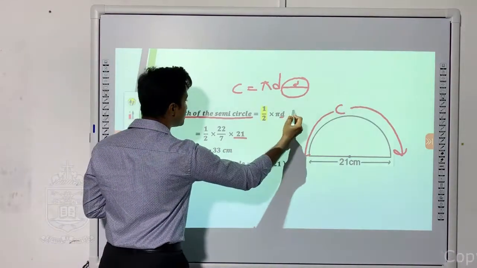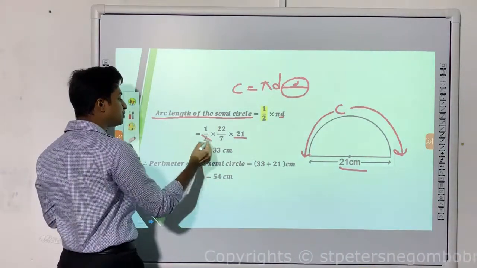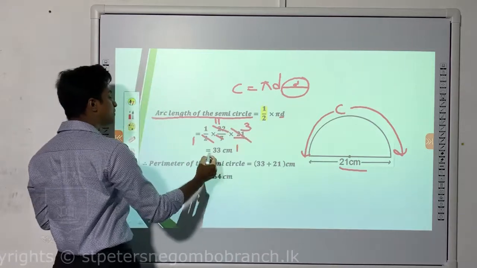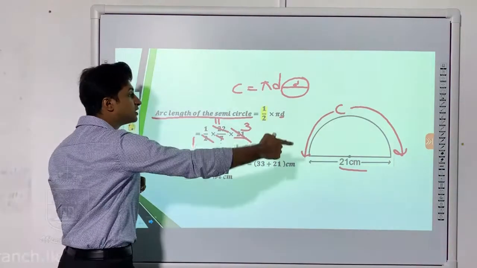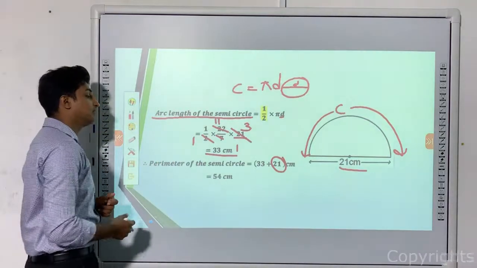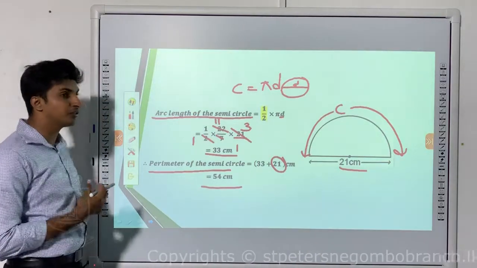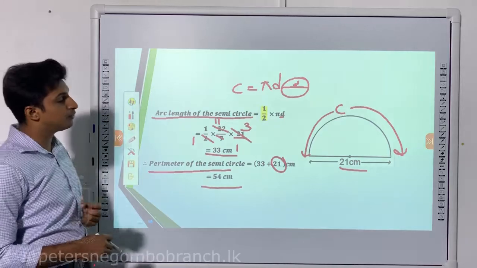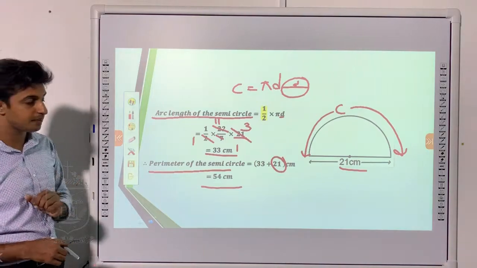21 is just the diameter. So here I am using the diameter value. Then if you simplify, 2 times 1, 2 times 11, 7 times 1, 7 times 3, 3 times 11 is going to be 33. The same answer that we got previously. So to the 33 value of the circumference, I have to add the straight line value, that is 21. That means the addition of the entire length will give you the total perimeter of 54 centimeters. So that's proof that even if you use 2 pi r or even if you use pi d, you will still get the same answer, right?